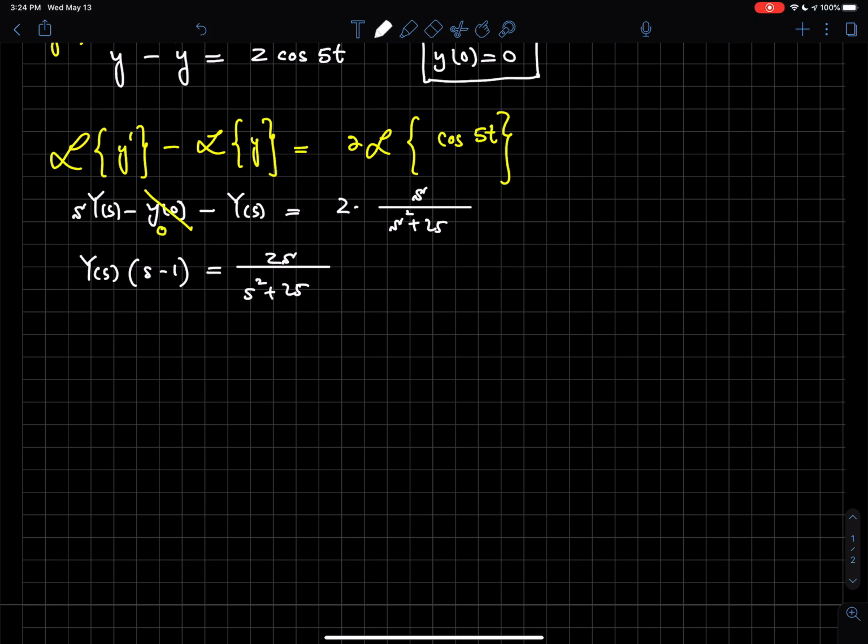Now I am ultimately solving for y of s. So from here, I have y of s equals 2s over (s minus 1)(s squared plus 25). So now this is